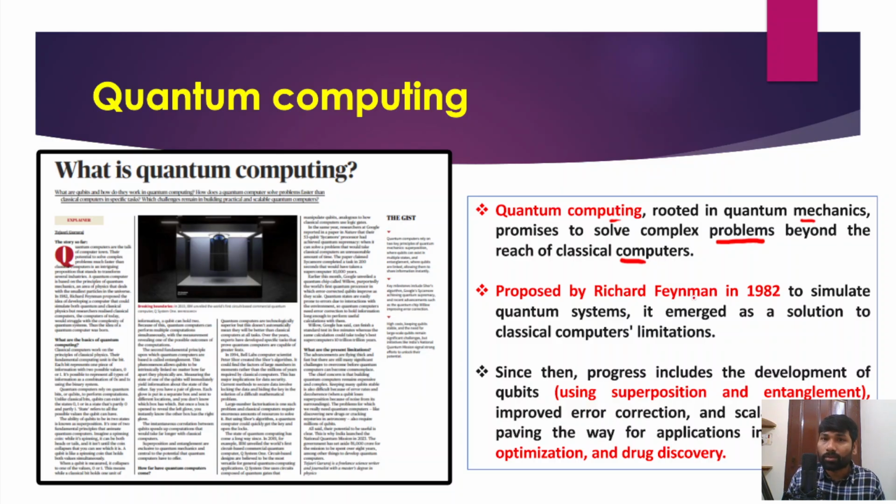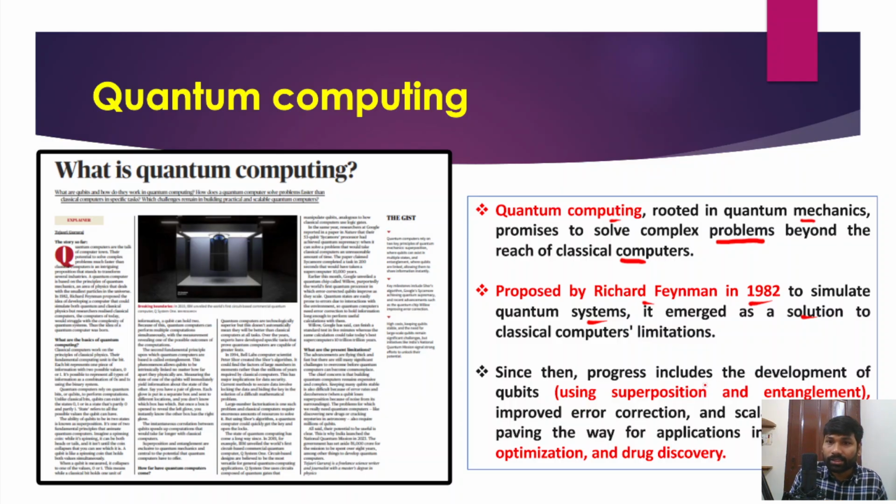In fact, quantum computing was first proposed by Richard Feynman in the year 1982. Right, so he was the one who first proposed quantum computing, to simulate quantum systems. And the classical computers as of now have been facing a lot of problems. However, the solution to the existing problems that classical computers have been facing is quantum computing. So quantum computing is the ultimate solution for the problems that classical computers have been facing as of now.